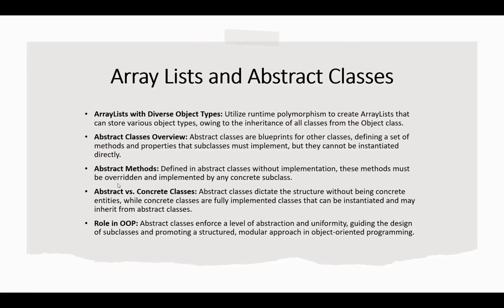And the difference between abstract and concrete classes, contrast this with concrete classes, the normal classes we use to create objects. A concrete class is a fully implemented class and can be instantiated. It may inherit from an abstract class, and when it does, it must provide implementations for all the abstract methods declared in the abstract class. So a concrete Circle class would define exactly how to compute the area, fulfilling the contract set by the Shape